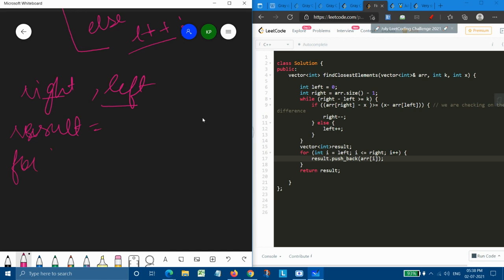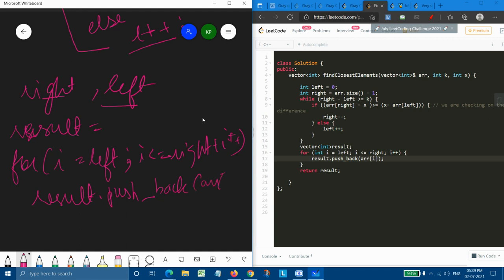So now we need one more traversal. This time we will be traversing from i equals left and i less than or equal to right, doing i plus plus and simply filling this result vector, that is result dot push_back array of i, because our result here is already sorted.